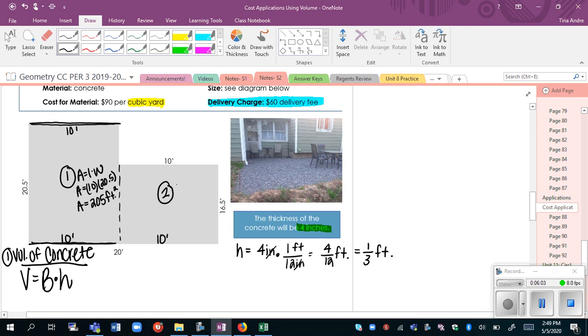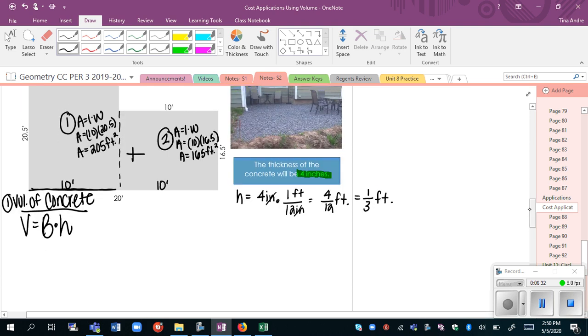And then the area of this base, length times width, is going to be 10 times 16.5. So this is going to be 165 square feet. So now the area of this total base, or the area of the top of the patio, is going to be 205 plus 165. When I add those together, my capital B, the area of the base, is going to be 370. So 370 feet squared